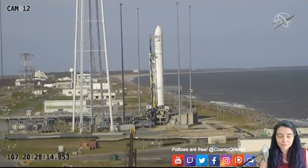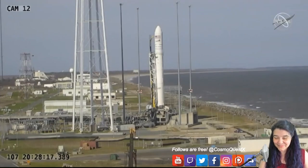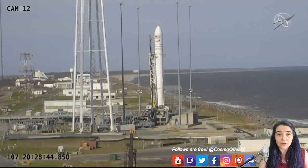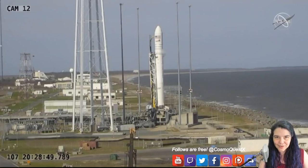So with the Apollo program being 50 years ago, just about a month from now, in the middle of May, will be the 50th anniversary of the launch of the Apollo 10 mission. And of course, the landing of Neil Armstrong and Buzz Aldrin on the moon will, this year, in 2019, be the 50th anniversary. With this new Cygnus program, they are going to be docking to the International Space Station on April 19th. This, unlike with the Dragon capsule...